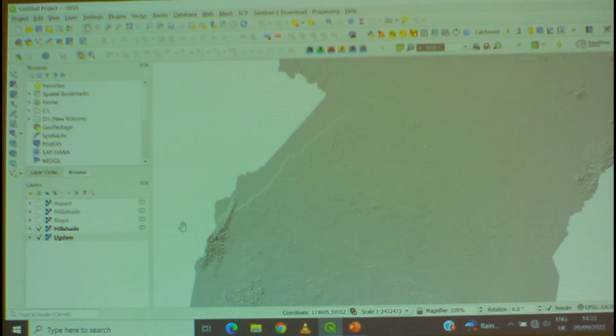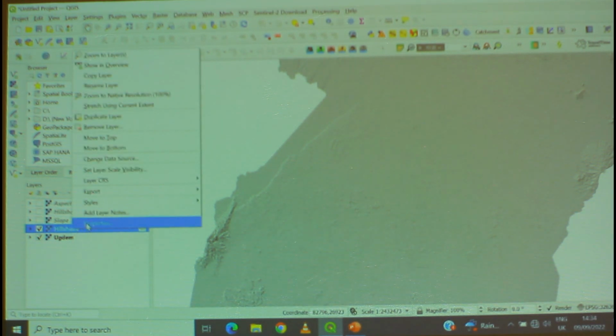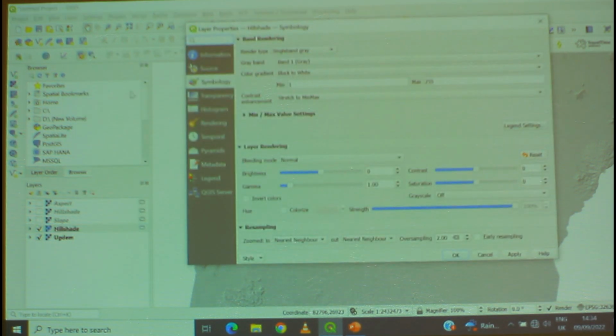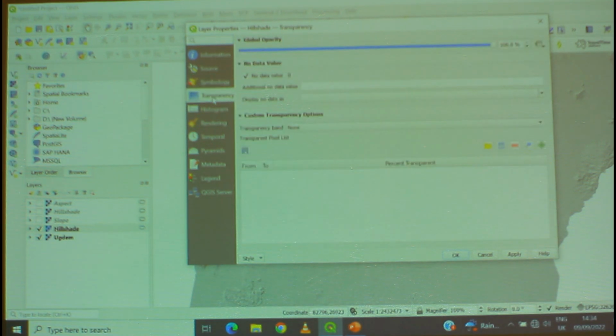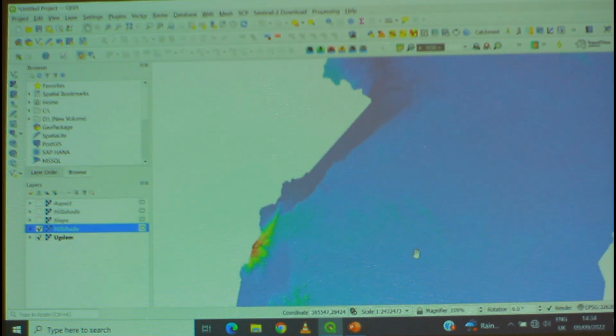through the digital elevation model map. How do we do that? We shall go to our hillshade map layer, highlight it, and then right click it, go to properties as we said, and under properties we click on transparency, and then adjust. You see from here top, adjust the transparency to about 50%, not necessarily exactly, I'll leave it at 51, and then we click OK. So when we click OK, you see it's adjusted, and we are able now to see